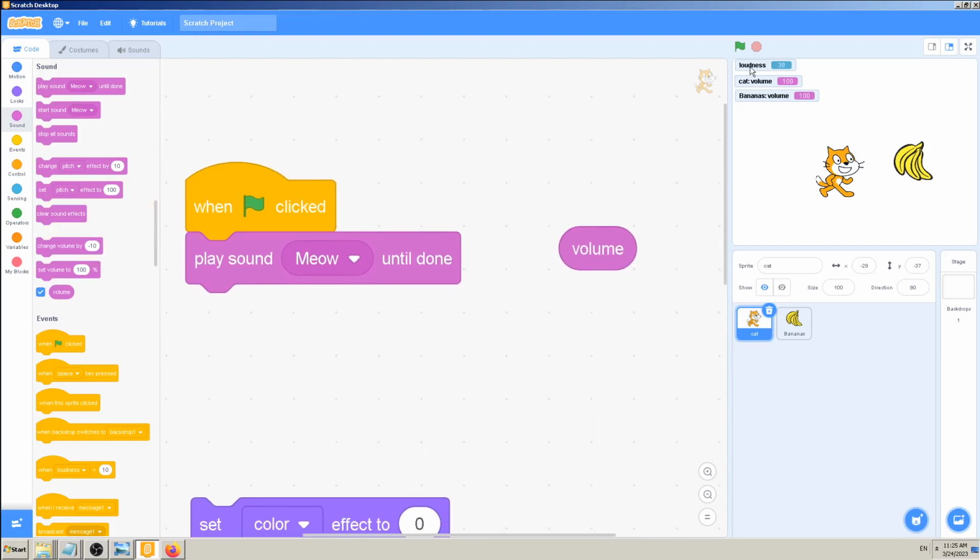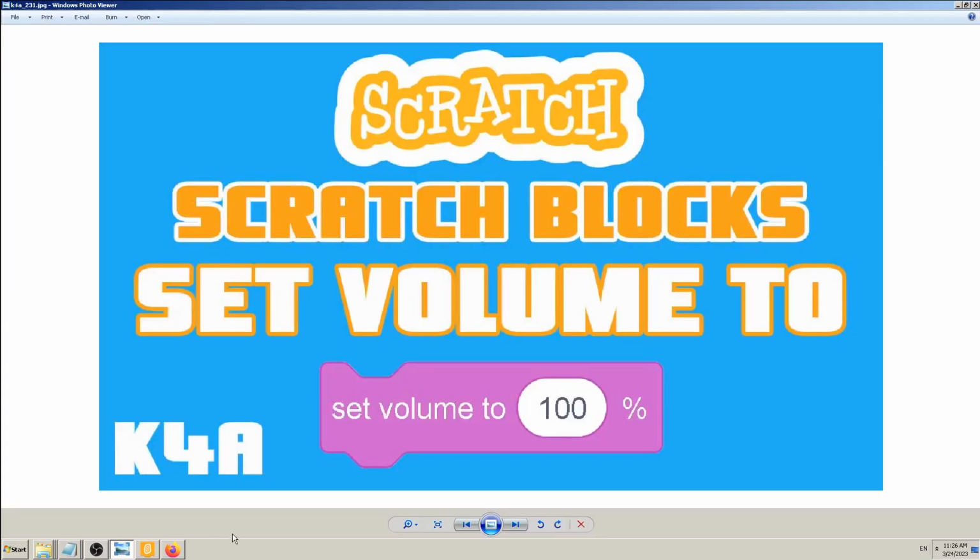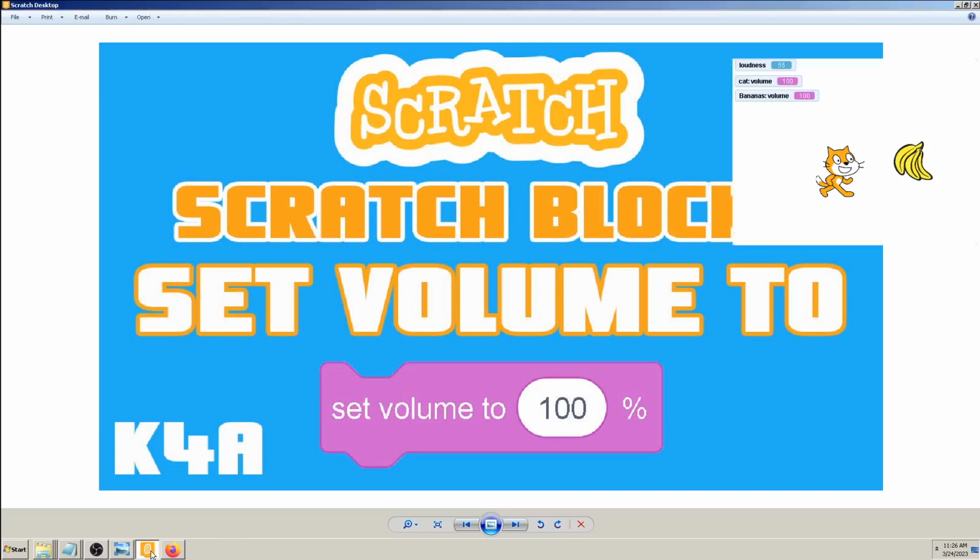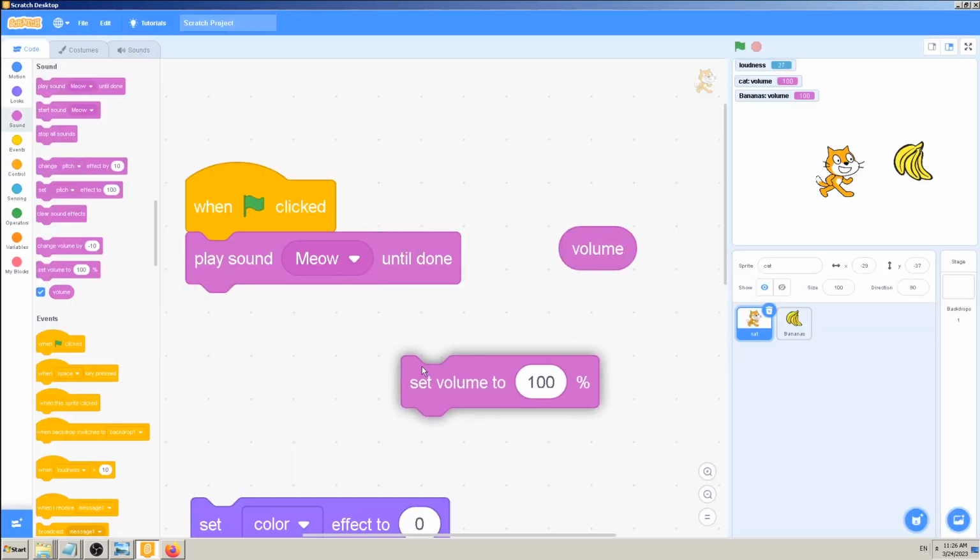And again, don't confuse that with loudness. Loudness depends on your microphone input, so it goes through your microphone, and that's the loudness number, and volume is the volume of your game, the music and sound effects in your game. So this block goes by the name Set Volume To some percentage, and I will click and drag it to the cat, or even better,